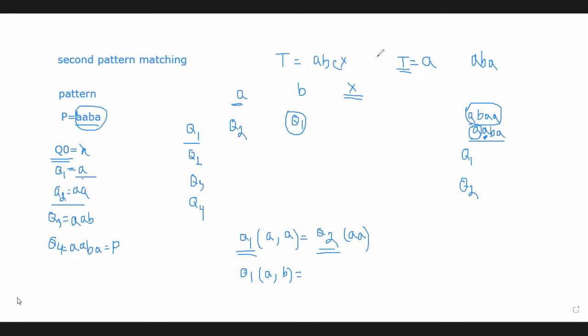I'm just writing it again. Just look, starting from the beginning. This is the second pattern matching algorithm, right? And we have the pattern P equals AABA. What is the purpose of these pattern matching algorithms? They test whether the pattern appears in the given text or not. But in this second algorithm, we don't have the text. We only have the pattern. So from this pattern, we can create a table and also a graph.